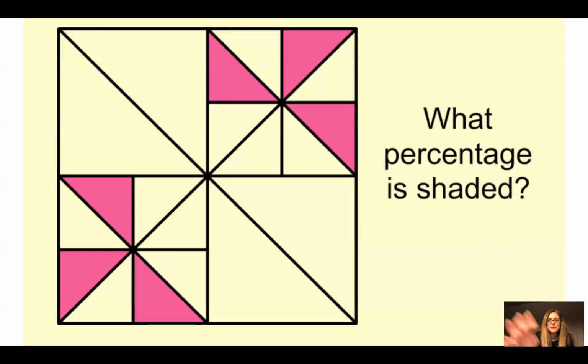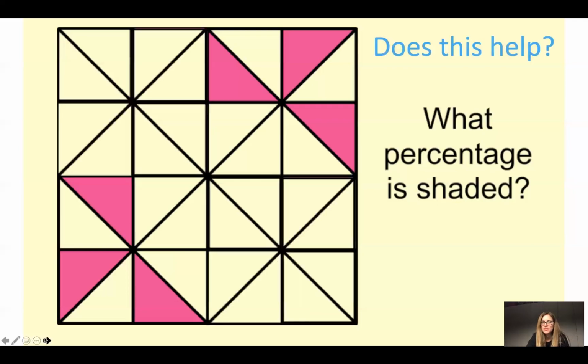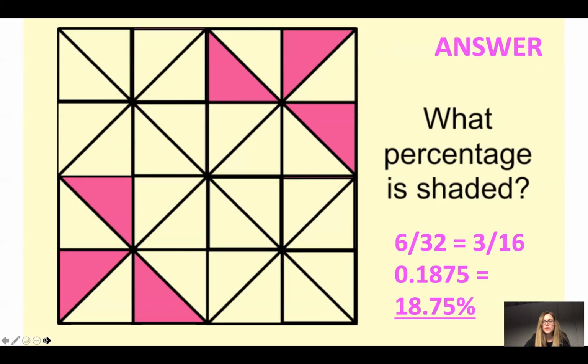Okay, time's up. Let's take a look at the solution. I've helped you out a little bit here. If that helps and you want a little bit more time, then by all means do pause it for a moment longer. See if you can now work it out. Hopefully you can see that you've now got 6 triangles shaded out of 16 in total. Out of 32 in total, which you can simplify down to 3/16, which is